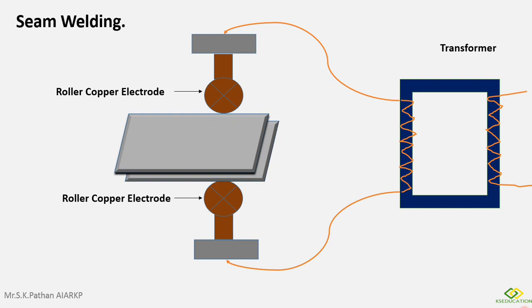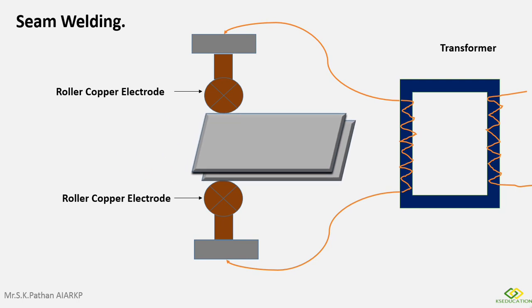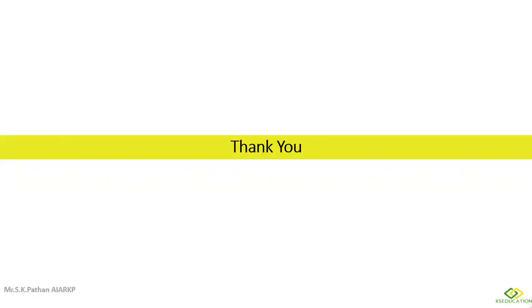and there is an air trap between these two sheet metals, which is responsible for resistance, and this resistance increases the heat, and because of that heat the metal gets softened, and after applying pressure the weld is formed. So this is how the sheet is moved between the rollers, and we will get our desired welding. This is how seam welding works. This is a welded part.